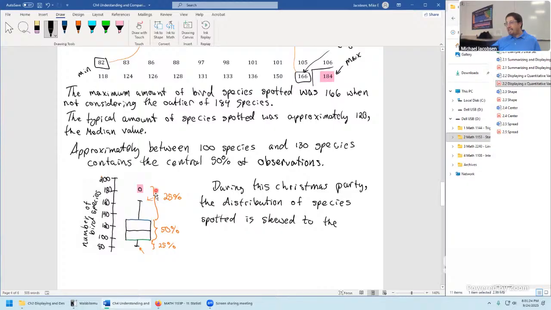Sure, there's an elongated end this way and a compressed end this way. So what skew would you say this is? Is this skew to the right or skew to the left?